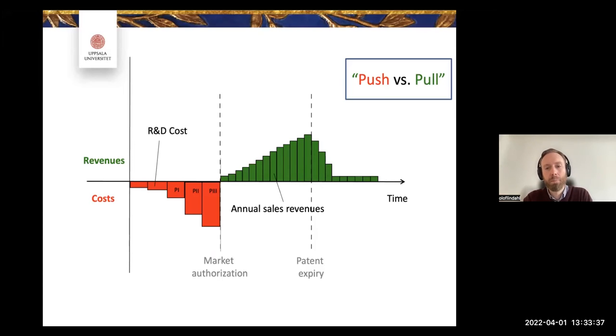Now, when trying to incentivize firms or make it easier for firms to stay in antibiotics or get back into antibiotics, there's generally push or pull incentives, as we call them. Push, in some kind of jogging analogy, would be the friendly hand in the back that helps you get across the finish line. While in the pull analogy, basically it's about innovation prizes, where you try to incentivize firms by making their development potentially profitable. More specifically, the push incentives could be subsidies, like picking up the cost for phase 1, for example,